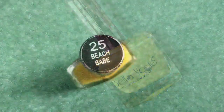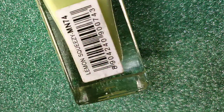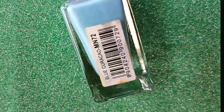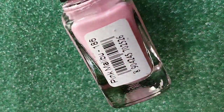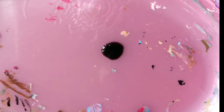First polish that I have used is from Bella Voste called Beach Babe. Then I have used Miss Nails Lemon Squeezy, and after that I have used Miss Nails Blue Curacao, and the fourth one that I have used is from Nika called Pink Malibu. I used these as my base, and then I took my black polish from L18